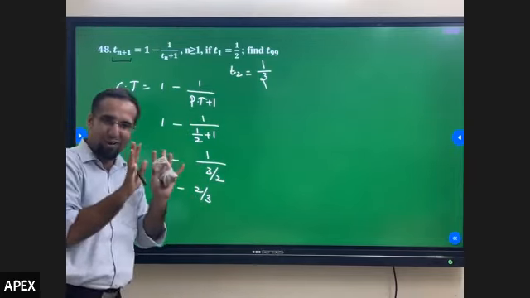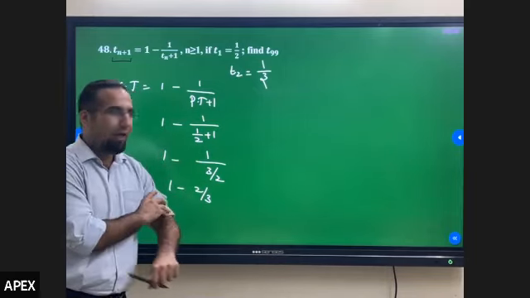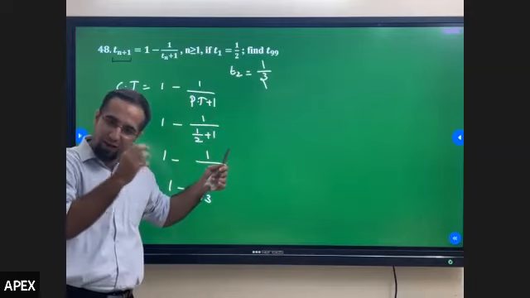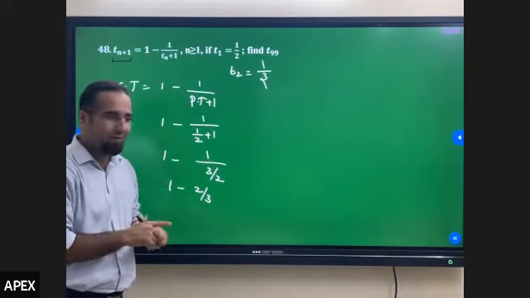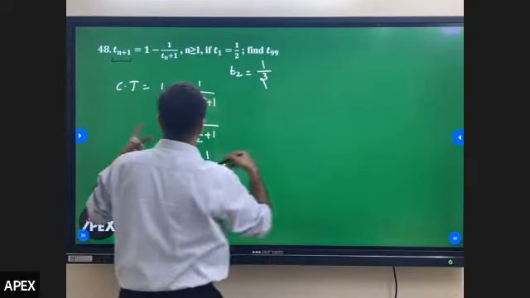On the day of the exam, you cannot conclude with the help of just T of 2. A trend needs at least 3 terms. In today's class, you can still comment because we are in a series class, but don't take that for granted. Take at least 3 terms, or at least 2 more terms. So understand the trend.